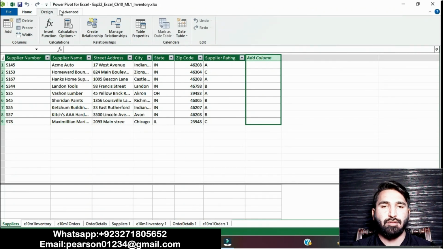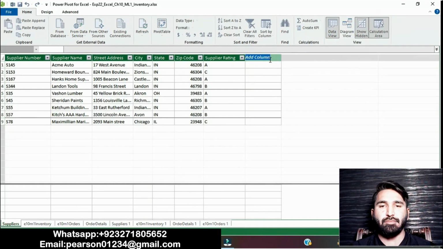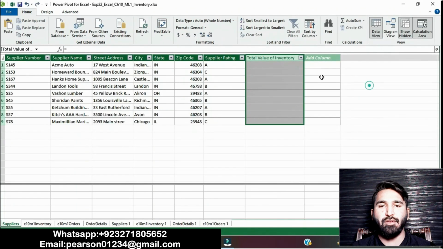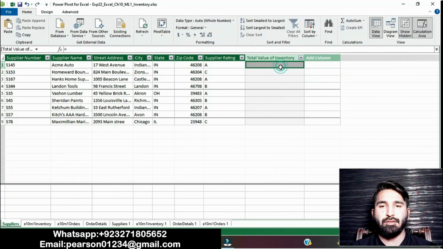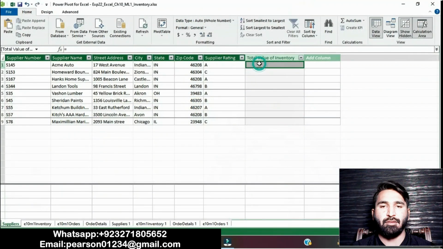Go to Design and then Calculations. Add the column, total value of inventory, then multiply the quantity on hand by the unit price in the column.